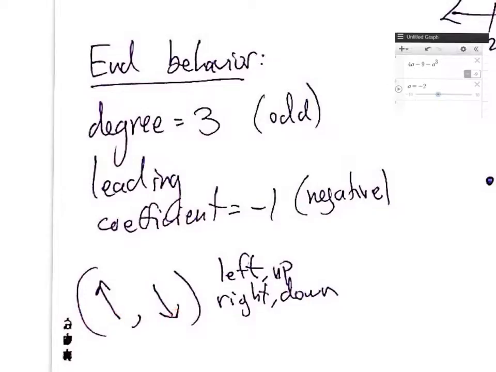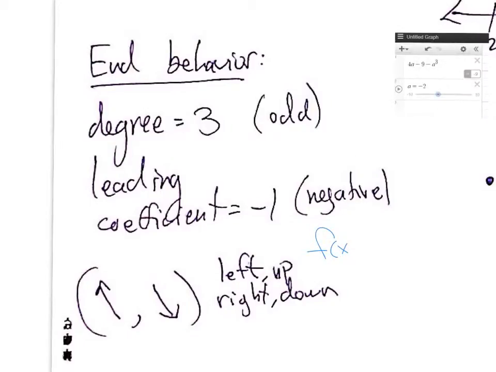So we could express the end behavior like this. We know it's going to go in that direction, meaning up and left. And we know it's going to go in this direction, meaning right and down. We could also use that infinity notation and say that f of x,